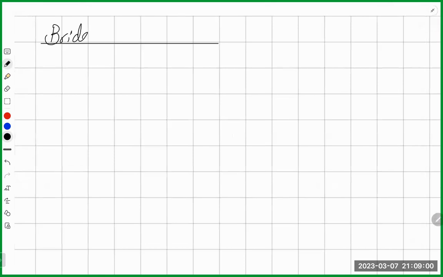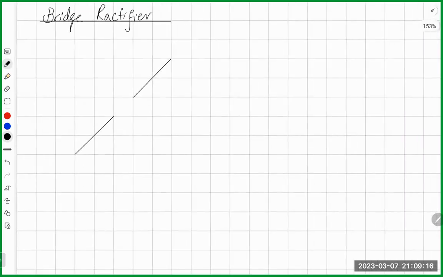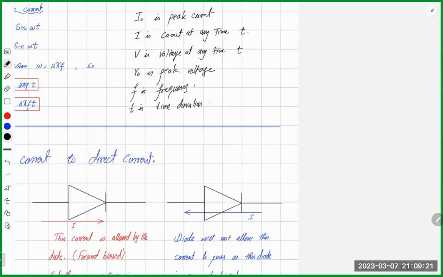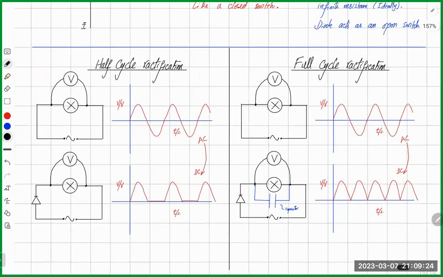Excuse me, sir. Yep. Sir, on half cycle rectification, in the second diagram, you are using both conditions at the same time, like doing the forward and again doing the backward direction. Sorry, what are you talking about? In half cycle rectification, in the second diagram, you are using the first forward direction and then using the second condition, the backward. Yes, yes, yes. Obviously,